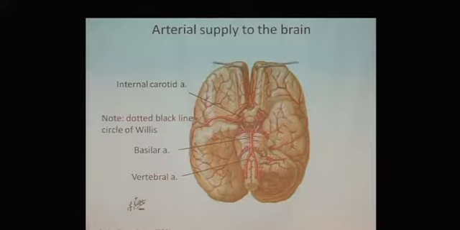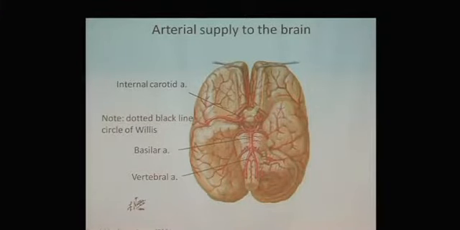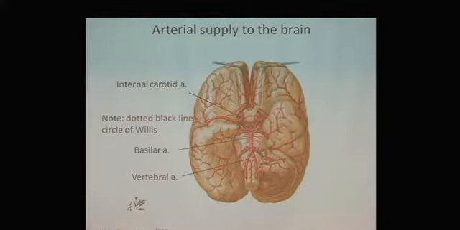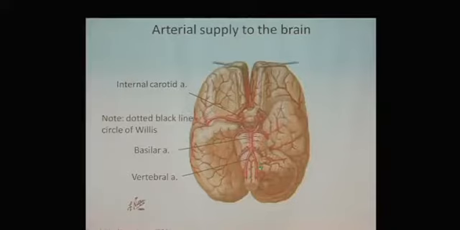So here's your brain. Here's the base of your brain. So if this were my brain, it would be down like this and sitting in my head. So we're looking at the undersurface of a brain. What you'll see here, these little dots right here, these holes, those are the internal carotid arteries coming from you guys toward the brain, okay? And then here are the vertebral arteries coming from those vertebral arteries in the neck, and they join to form the basilar artery at the base of the brain, and then the branches off of the internal carotid and branches off of the basilar actually do anastomose, and they form a continuous circle of arterial blood called the